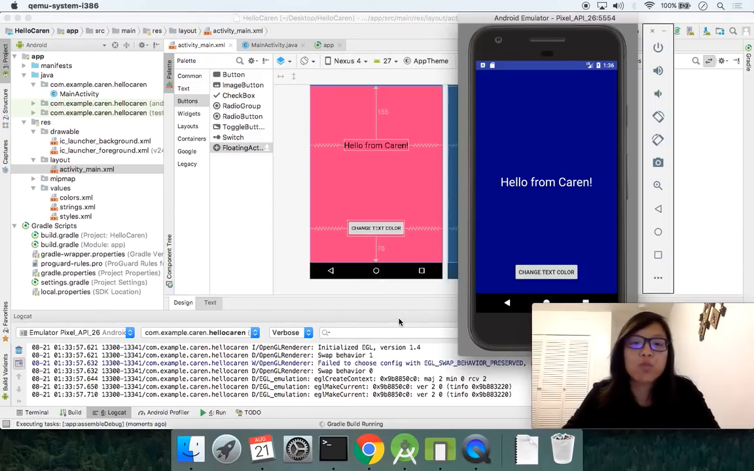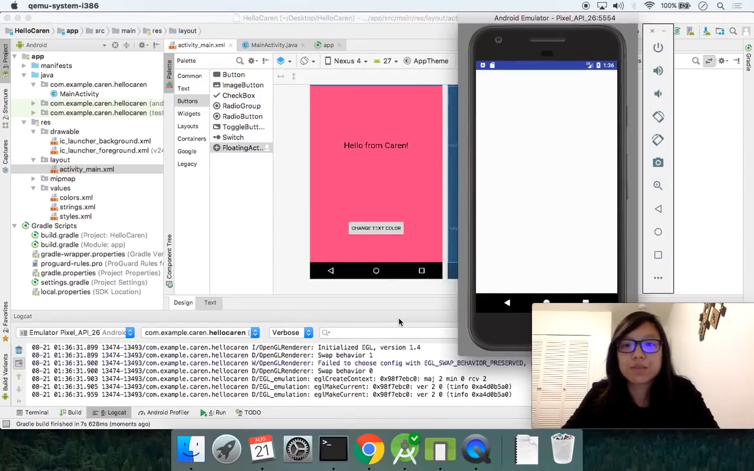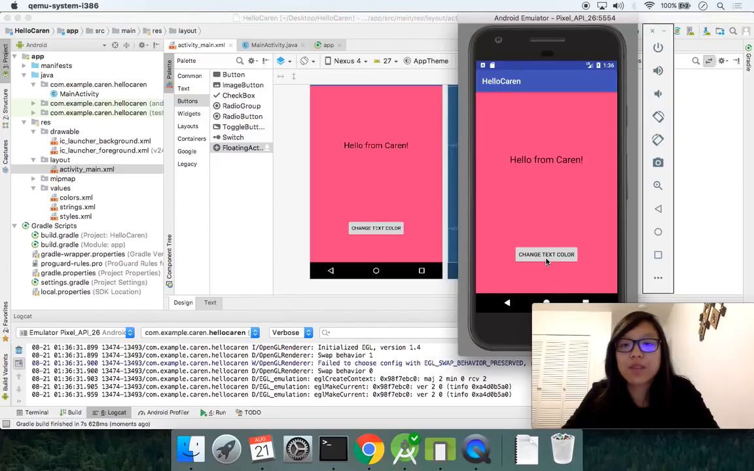So Gradle is doing its magic. This time it only took 7 seconds. Not too bad. So now we have this thing, and we do see our button here, but unfortunately when we click it, it's